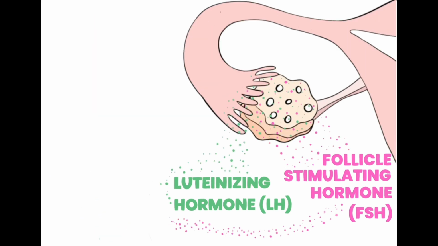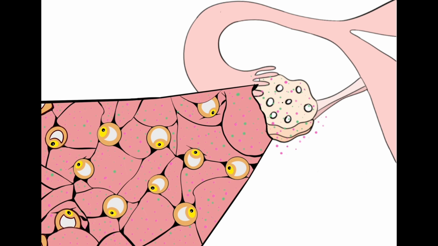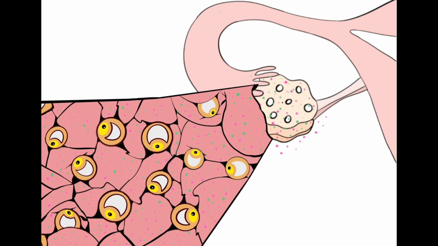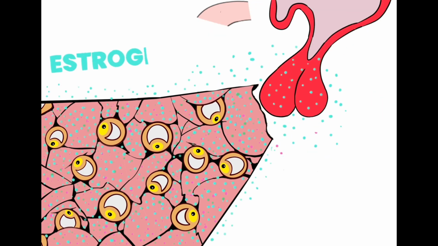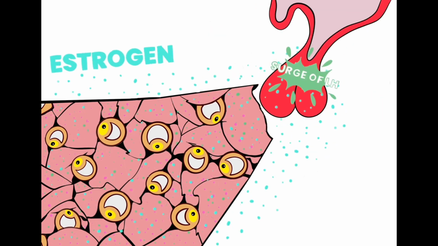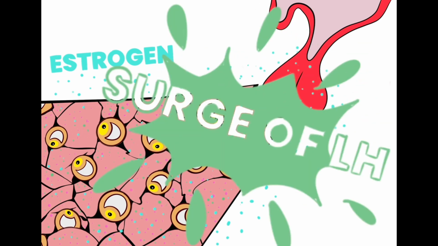These hormones will reach the ovaries and several hundred immature eggs will start to mature, expanding the size of the follicles. As the egg matures, the follicle will secrete estrogen, which is the main female sex hormone. Once the amount of estrogen released into the blood reaches a certain level, the pituitary sends a surge